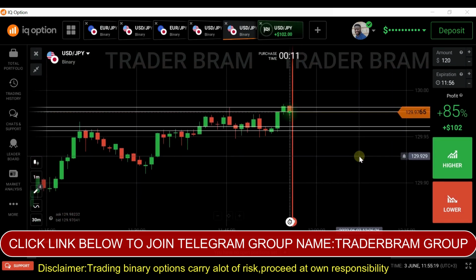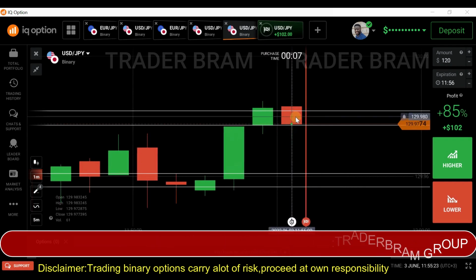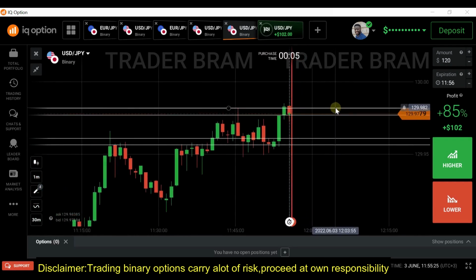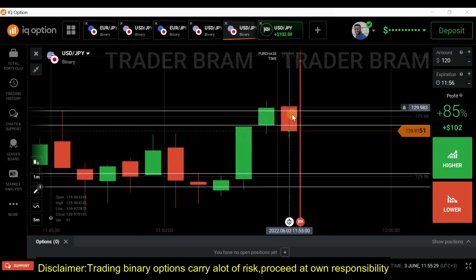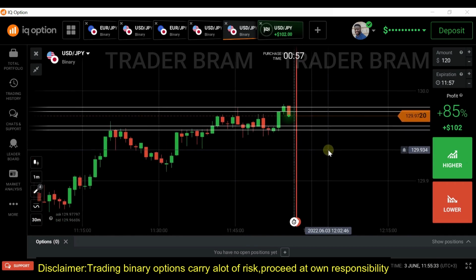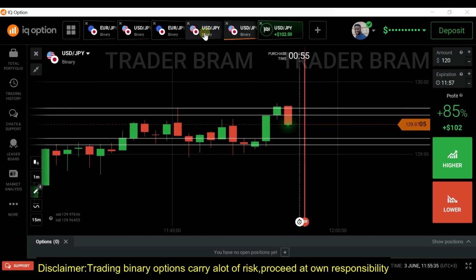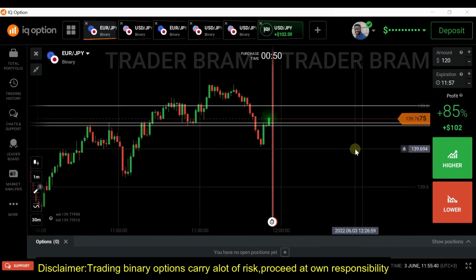So I cannot take a trade despite the rejection because I can see this candle is moving very strongly on the downward side. So despite this breakout, this candle is moving strongly on the downward side. So you cannot just take a trade blindly because of the breakout. You need to be very careful. So as I've told you,